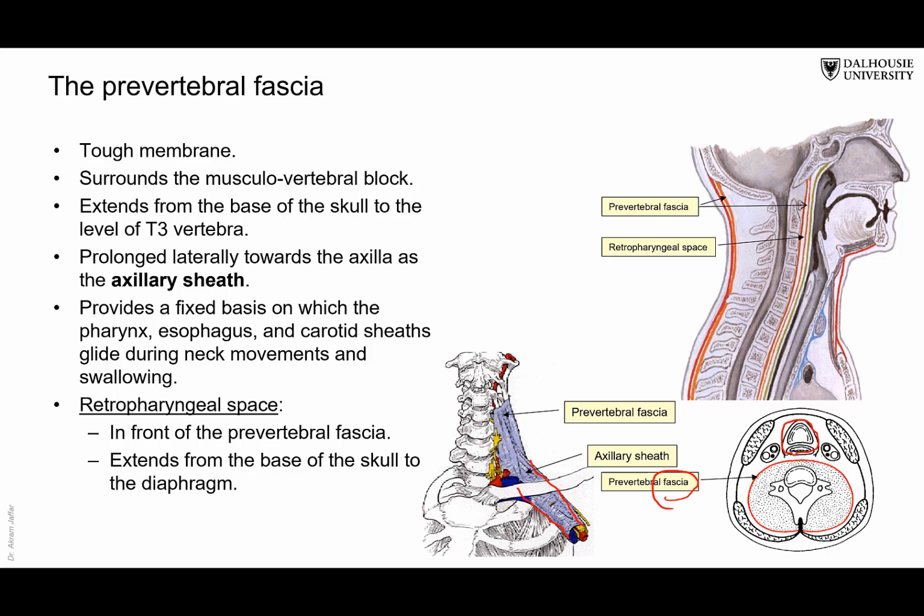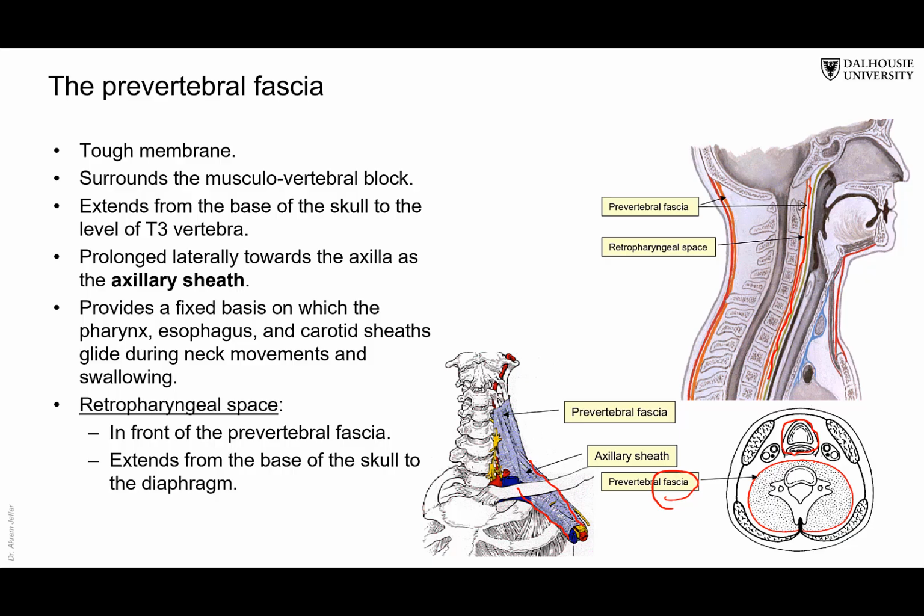And this space communicates downwards. It extends from the skull above, as you can see here, and goes downwards into the superior mediastinum and then the posterior mediastinum down to the diaphragm. Okay, so if there's any infection in that space, you would expect that this infection in the retropharyngeal space can trickle down and cause inflammation of the mediastinum, because there is a fascial plane through which